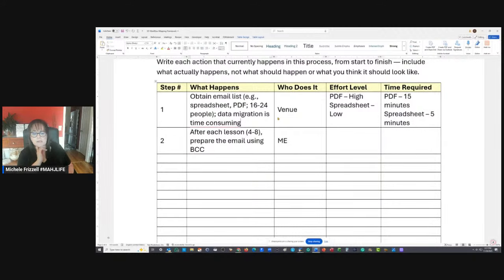What is your process in composing your emails? We have only, let's see.